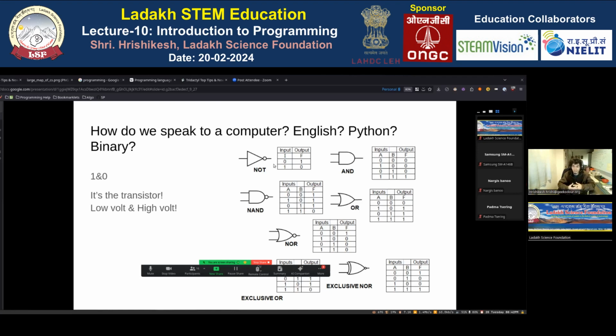But think of how we can mix and match this. The output of this NOT gate, we can put as the input of this AND gate, and it will do the things that the AND gate does. Then we can put it into a NAND gate. Using these different combinations, from just ones and zeros, we can make the computer understand a lot of things. Our actual computer has many logic gates like that. It's a very simplified picture, but